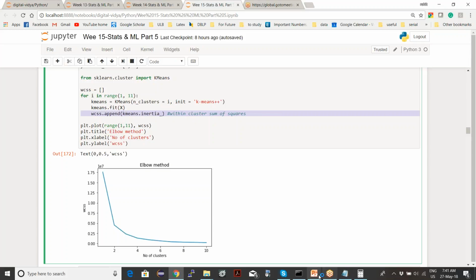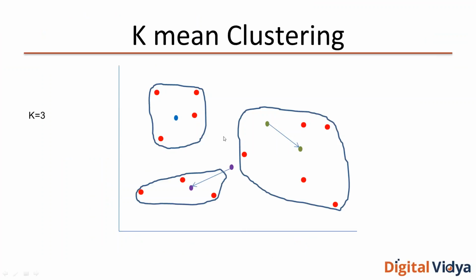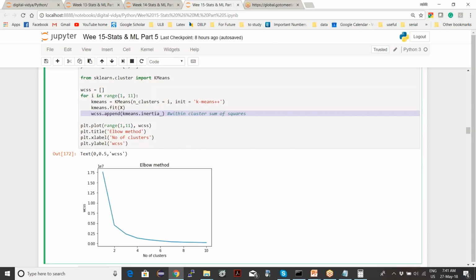Suppose this is the cluster. Within this cluster, what is the sum of squared distances? Within-cluster sum of squares.